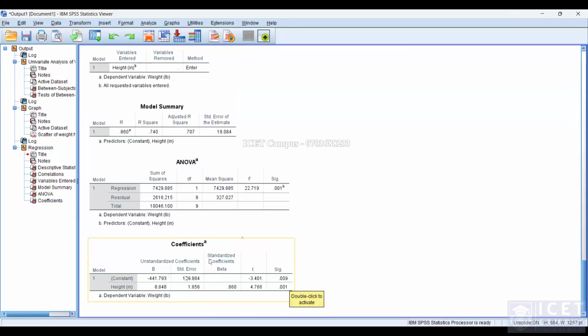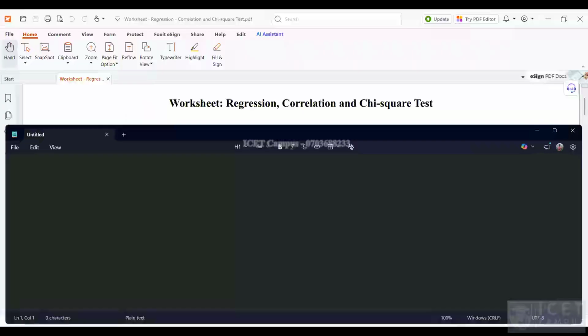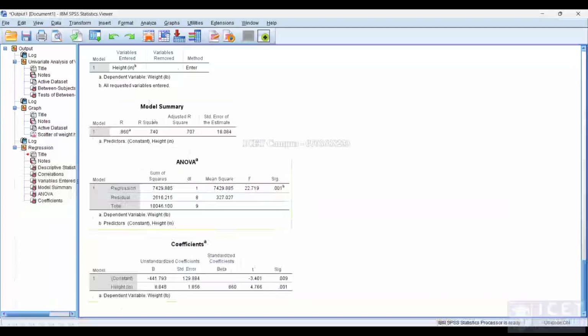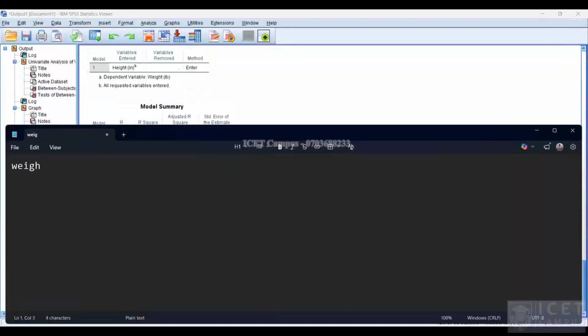Regression equation, that is, the dependent variable is weight equals. So I will show you how to write the regression equation by using these values. Here you can see this is the output, right? I think you can write it by looking in here. The dependent variable is weight. So therefore we can write weight equals